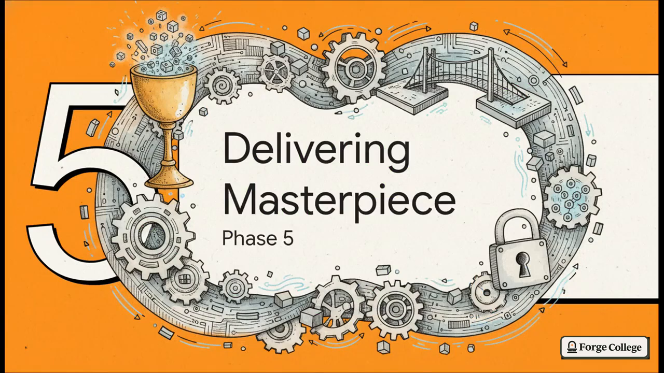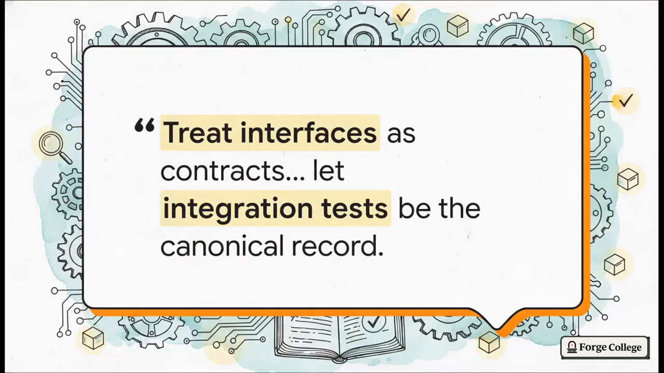And finally, Phase 5, delivering your masterpiece. Let's take a step back and look at the overall engineering philosophy. There's a golden rule we really need to internalize here. Treat interfaces as contracts between teams. Let integration tests be the canonical record of cross-module behavior. This is the absolute bedrock of modular smart contract design. Code comments are great, but let's be real, they get outdated fast. Tests are executable, they are verifiable, and they serve as the true, unarguable source of truth for exactly how our